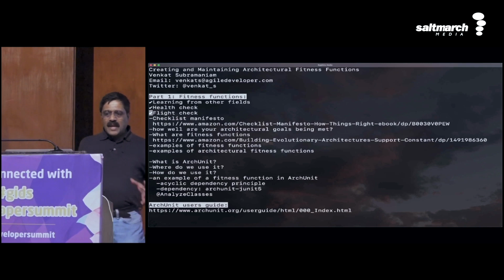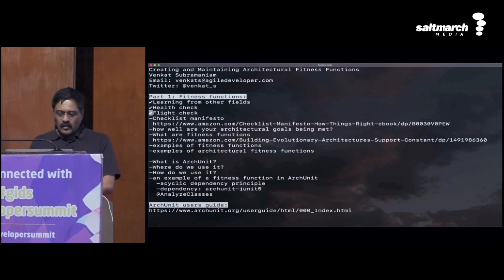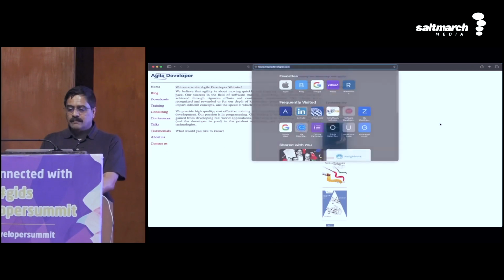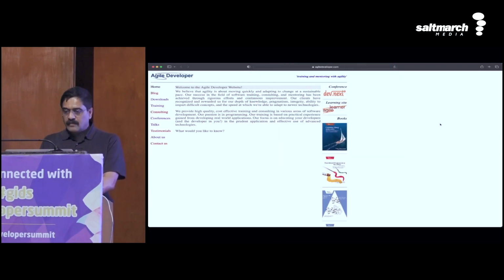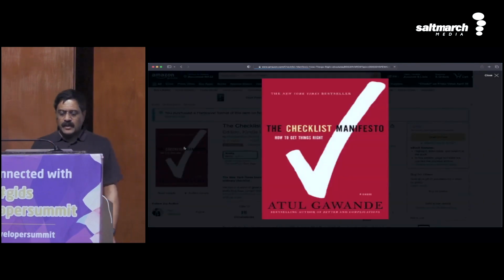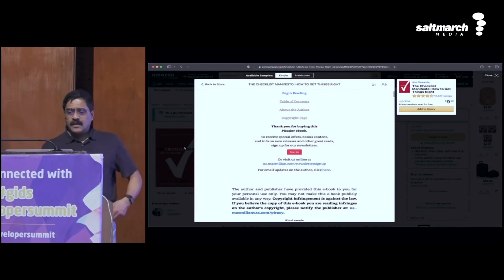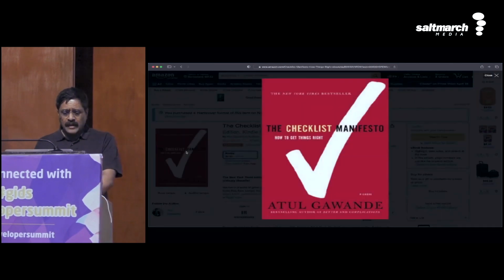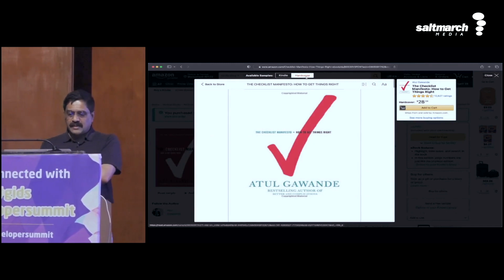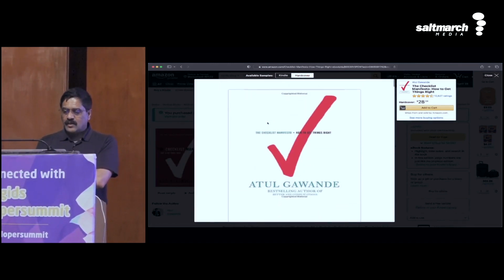So these kinds of experiences, one of the books that I really enjoy reading is this book by Atul Gawande, and the book is called... Let me see if I can bring it up here. So the book is called Checklist Manifesto, and Atul Gawande talks about, he's a surgeon, and he looks at the practice that they have, and he finds out that there are patients who come